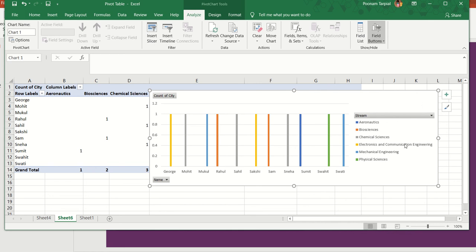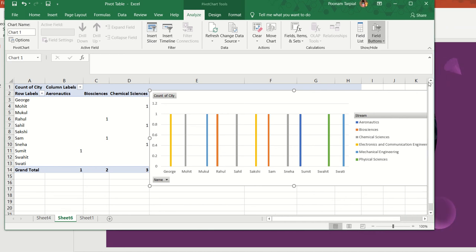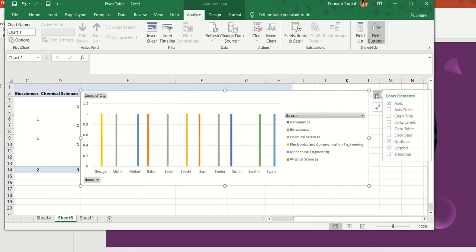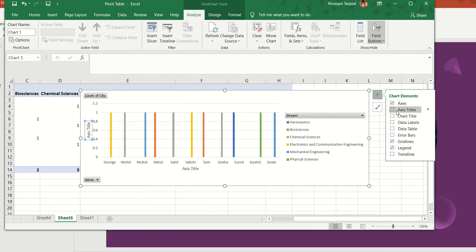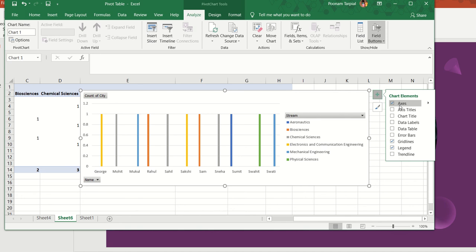Okay, so I can go ahead and make changes to the chart altogether. So let me just show you how we make the changes to the chart. Can you see this plus icon over here? So the moment I click on this plus icon, it is going to give me certain recommendations, people. So let me just show you first of all. Okay, so I would be clicking on this plus sign, and then it is giving me certain recommendations. So the axis thing is already highlighted. On the axis we have the names, but further in case you want to do anything, you can go ahead and do the primary, horizontal, or there are more options which are available.